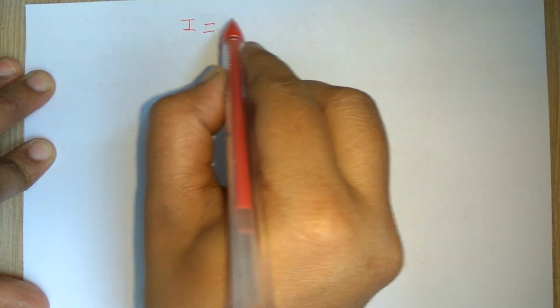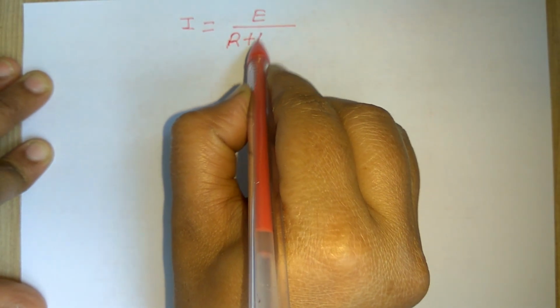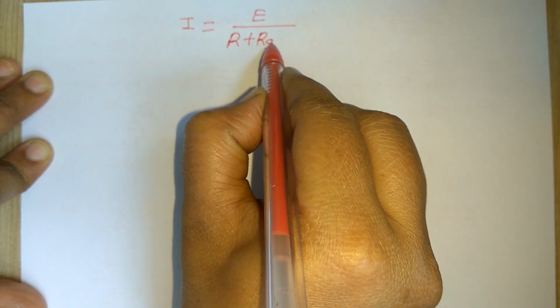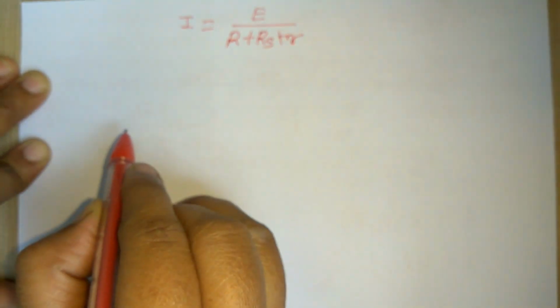In this video, we solve some of the competitive examples related to the potentiometer. Before solving examples, we just recap the formulas used in potentiometer. The first formula we have to remember is how to find the current in the circuit. Current we find using the formula E divided by the resistance of potentiometer wire AB, R, if the series resistance or rheostat resistance is given, RS, plus the internal resistance of the cell, r.